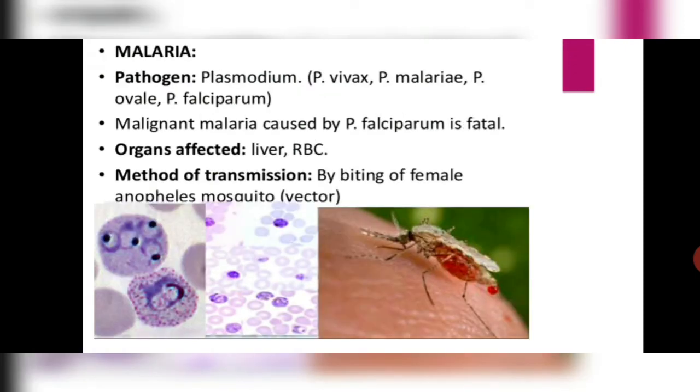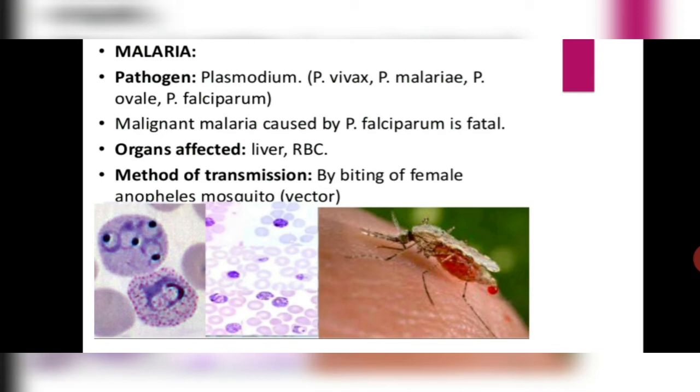The next very important disease that we have to discuss in detail is malaria. Malaria is caused by the pathogen Plasmodium. There are 4 main species of Plasmodium which cause malaria: Plasmodium vivax, Plasmodium malariae, Plasmodium ovale, and Plasmodium falciparum. Out of which the malignant malaria, which is caused by